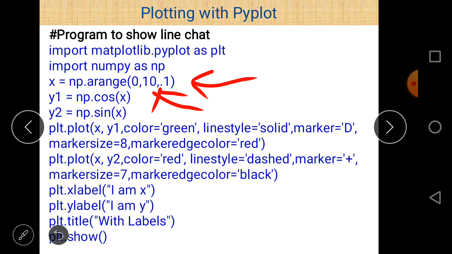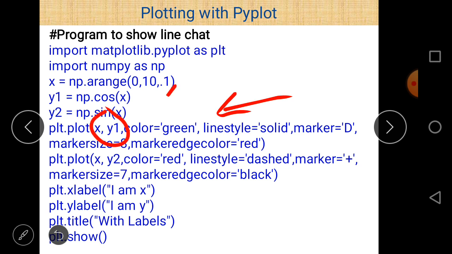Now if we want to plot a graph for x and y1 and for x and y2, this is the first line here, plt.plot x, y1. Then color here is green, so you can pass the color name using the color argument.